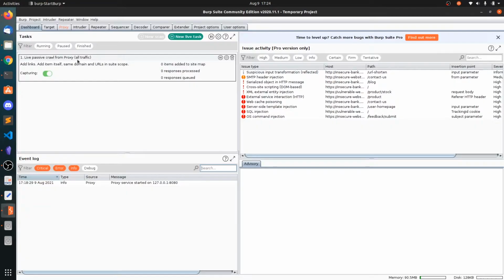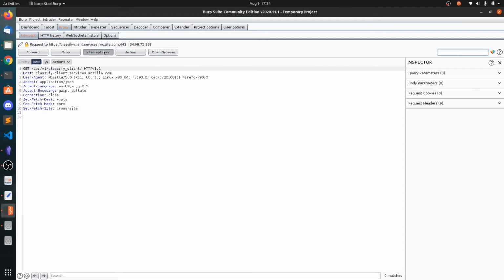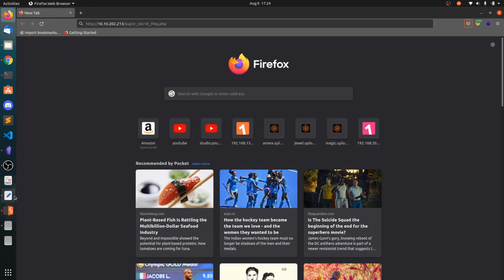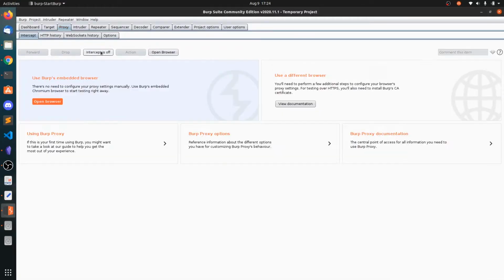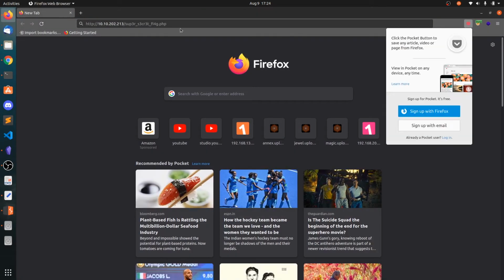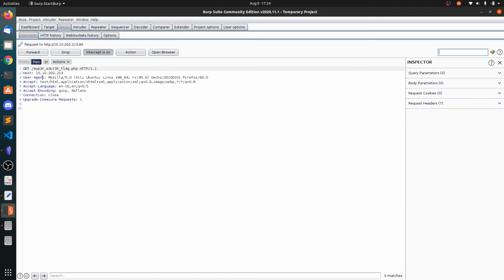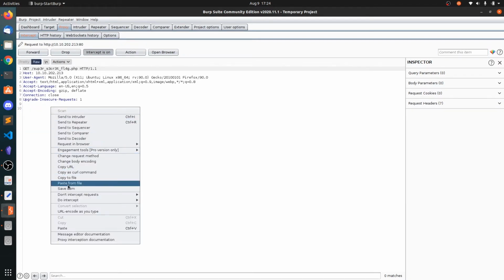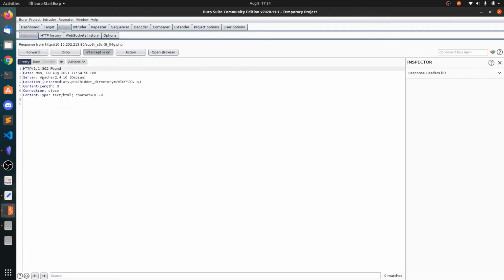Okay, let's open this in Burp Suite. Let's capture this. Turn the intercept on, and now let's get this. So this is the GET super-secret-flag request. Right click on this and intercept the response to this request, so we can see what is actually going on. Forward this one. So 302 Found, we are going to be redirected.